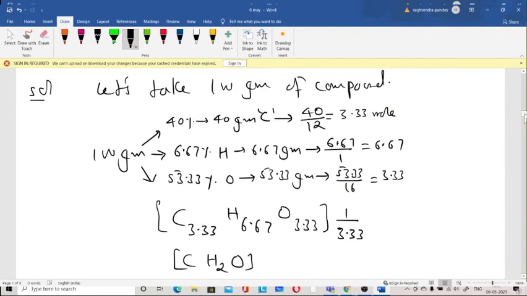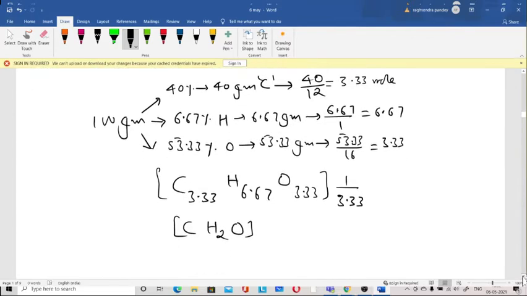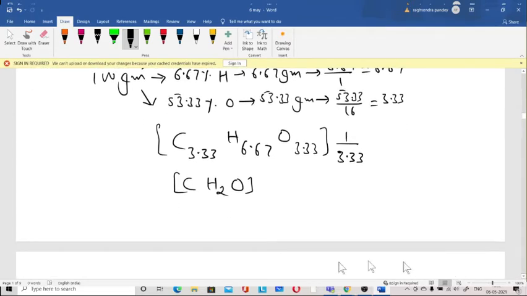we used to find. Okay, that is in the 9th class, but just to show you, because you know we don't remember everything, we are humans. So CH2O. Okay, you will not remember all these things after 2 months. So this is the empirical formula. Okay, empirical formula. This is empirical formula.